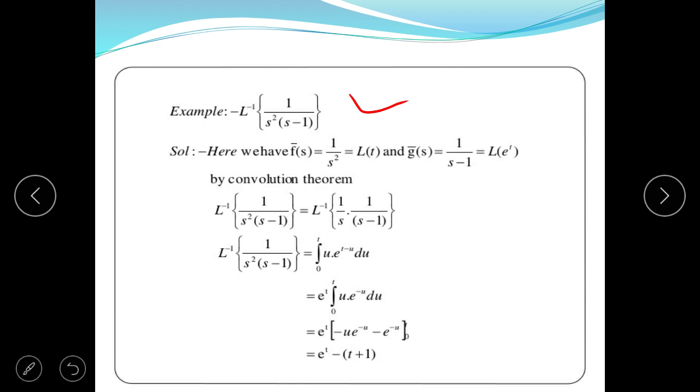One is 1 upon s square, second is 1 upon s minus 1. So by the convolution theorem, Laplace inverse of f bar s into g bar s is equal to Laplace inverse of 1 upon s dot 1 upon s minus 1, or 1 upon s square s minus 1, is equal to integral 0 to t of u e to the power t minus u du,